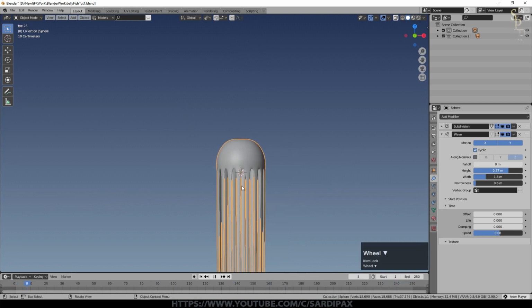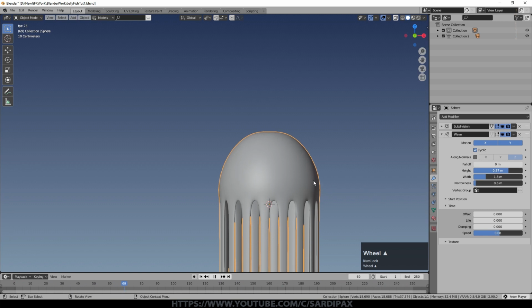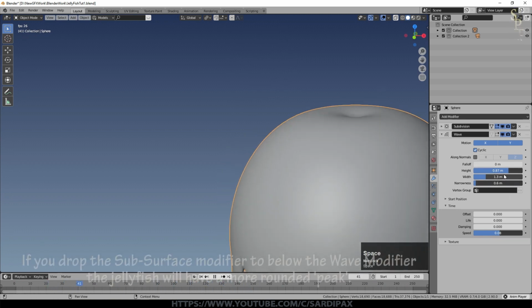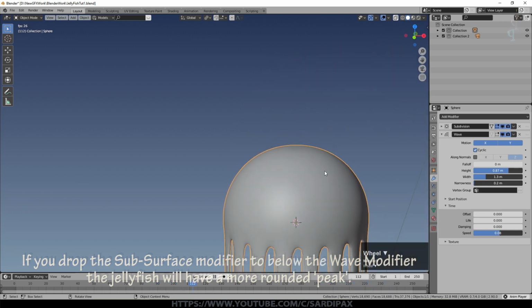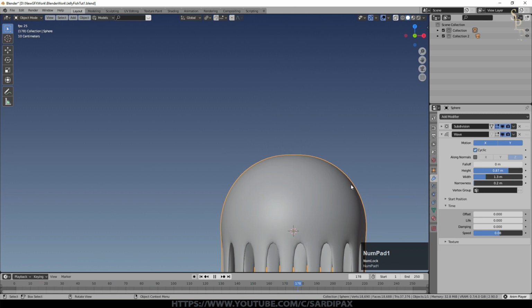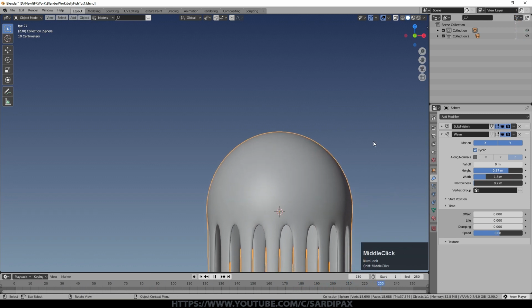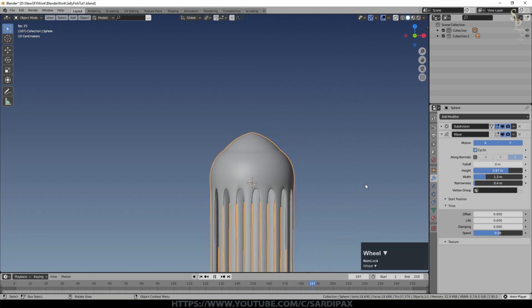You can use falloff to alter the way that it affects other things. So you might want to use a combination of falloff and along normals. So you can play around with the narrowness and things like that to get the effect you're looking for. So there I set it even lower than I used in my other simulation. But you see you need to change some of the other settings as well. So we'll go with that for now and we'll see how it gets on.